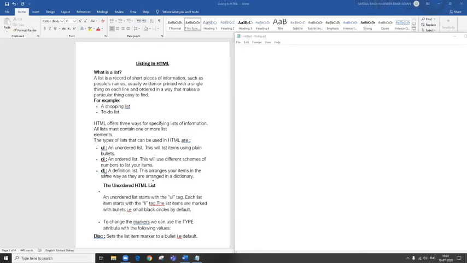Now, unordered list is just writing down the list items one below the other without any numbering. Ordered means when we use a proper number: number one, first list item, number two, second list item, number three, third list item, and so on.